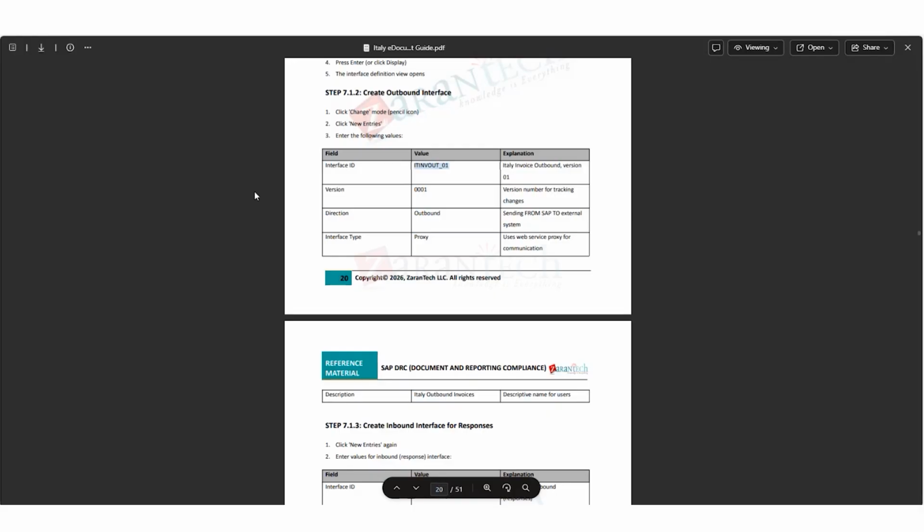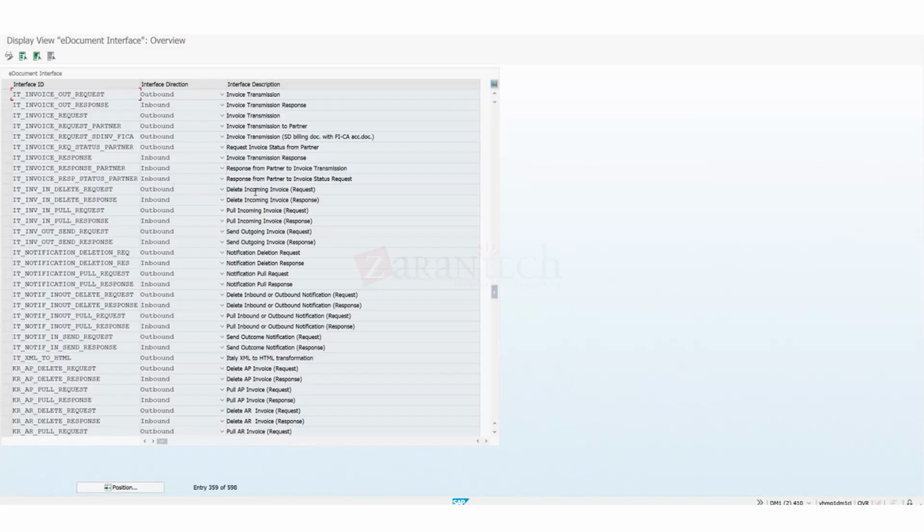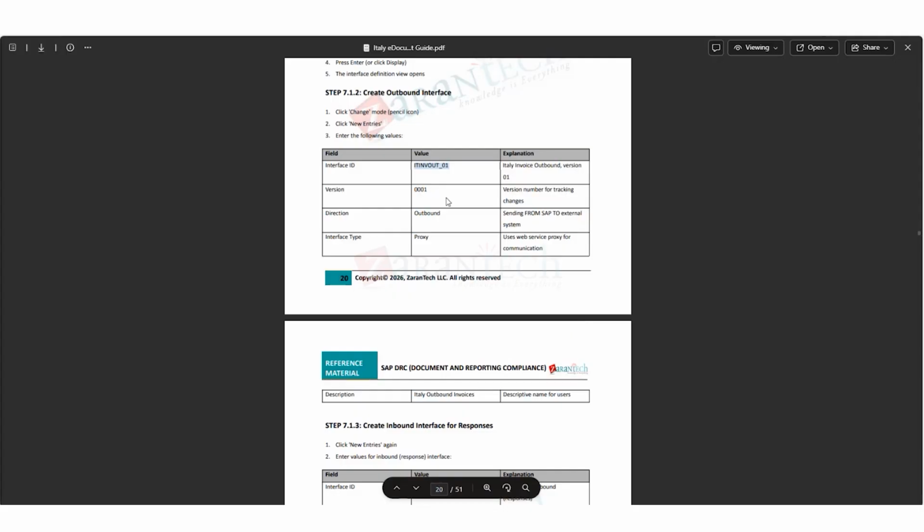But this particular step is not there, right? IT invoice out _01 is not here. It will not be of the same naming convention. Maybe these are all standard. So I don't think so. If this is there,